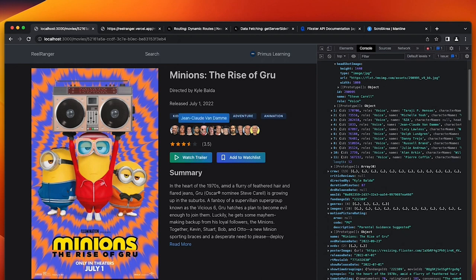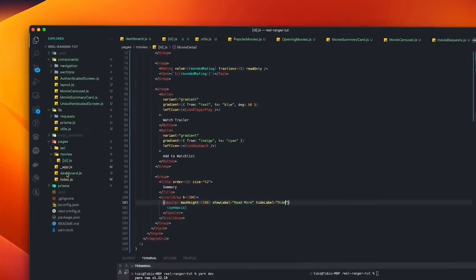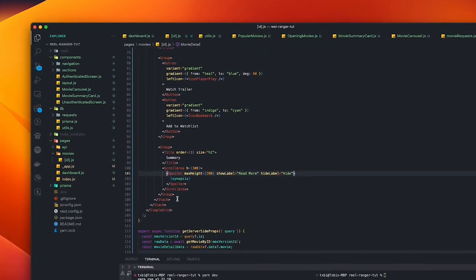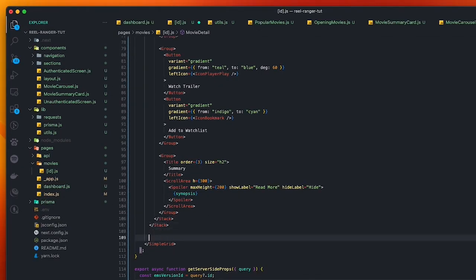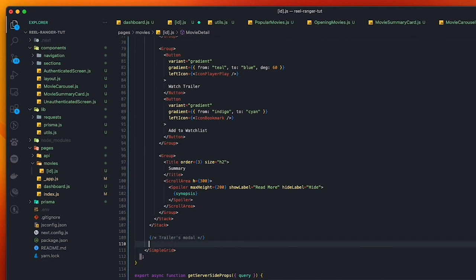So we are using a package called React Modal Video, and it has been installed if you use the starter files. So let's implement it. So right below our stacks, and just before the closing tag for grid, I'm gonna comment and say trailers modal, and in here I'm gonna say ModalVideo,